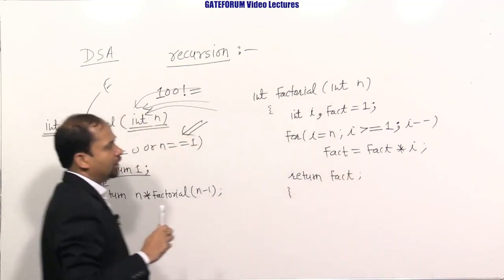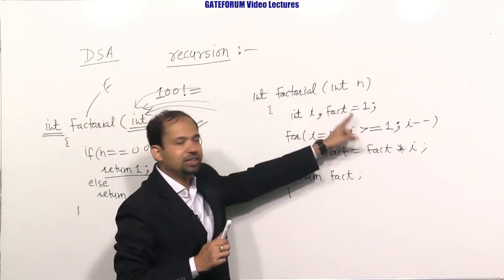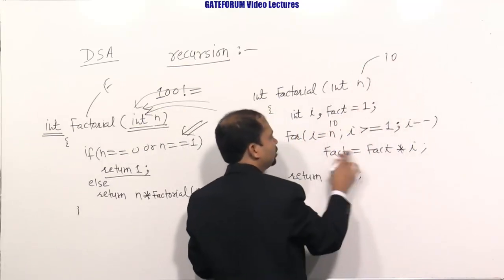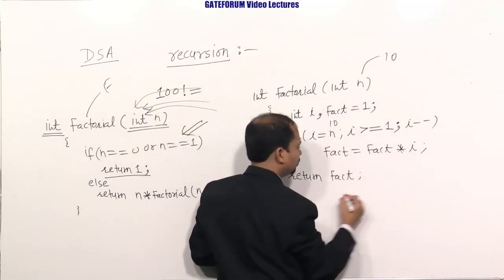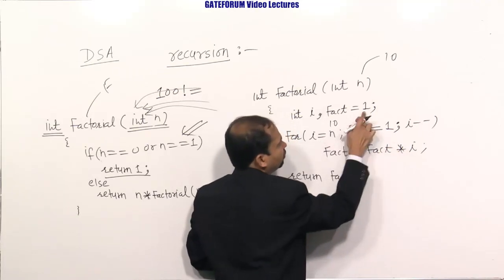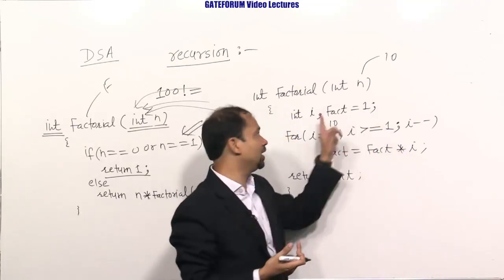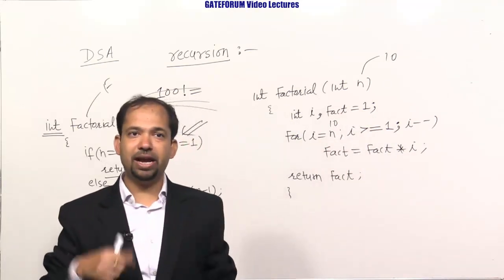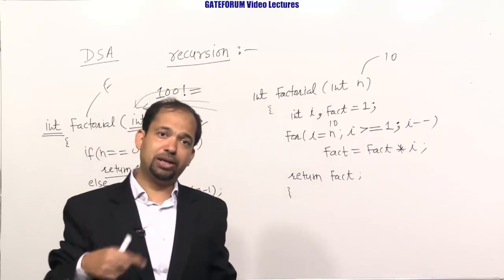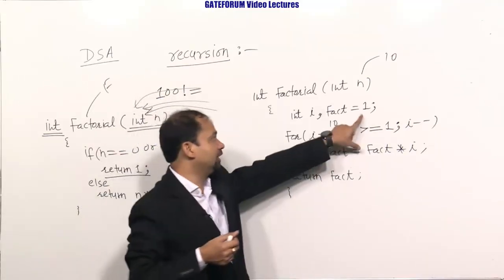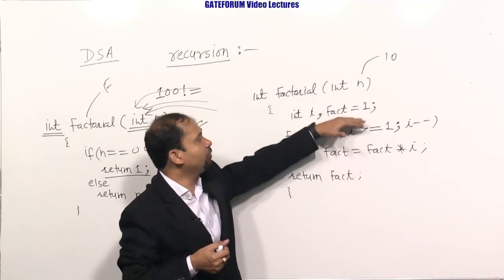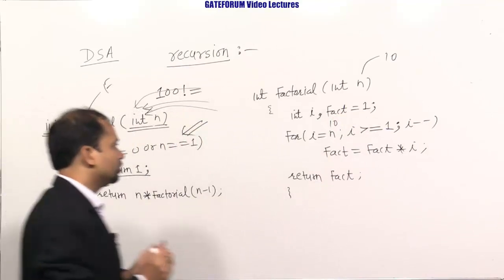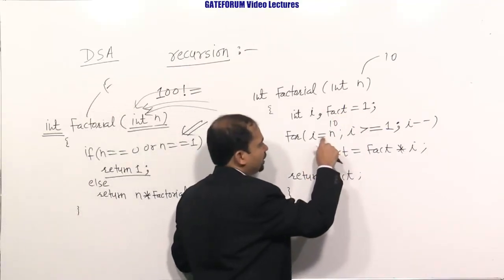If you see, we have used a variable where we are storing the result. Suppose you pass 10, so the i value will be 10. Then fact equals fact into i. Fact is 1. Why do we use 1 in the declaration? Because if you use 0, 0 multiplied by anything will be 0. Whenever we have to multiply continuously, we should initialize with 1. If you have to sum, we should initialize with 0. This is a common programming idea.